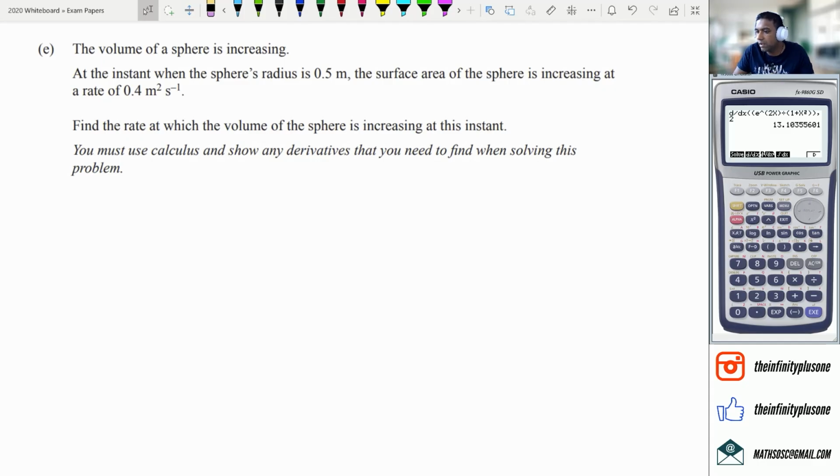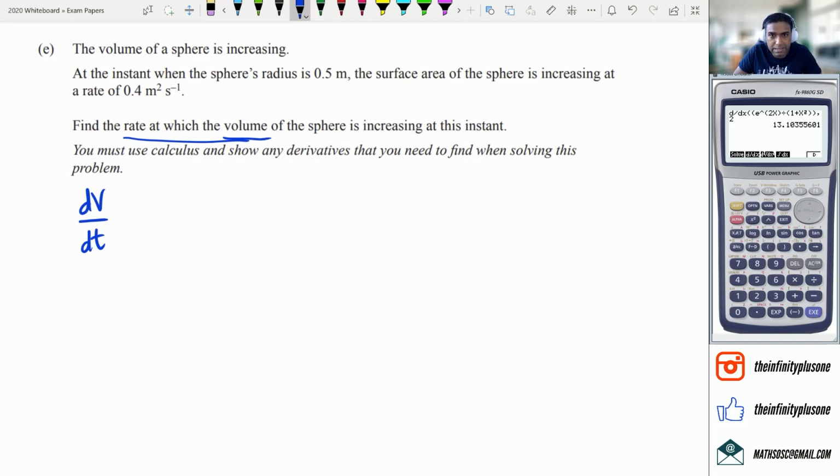So I guess the best way to go about this is to write down what you actually are looking for first. If you look at the question, the rate at which the volume, okay, so we are actually looking for this thing here, which is the rate at which the volume is changing. So we're looking for dV/dt. Now the things that we've been given is